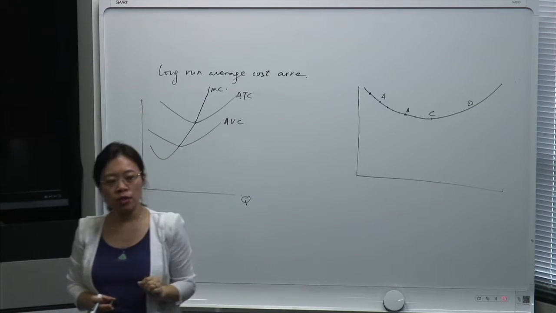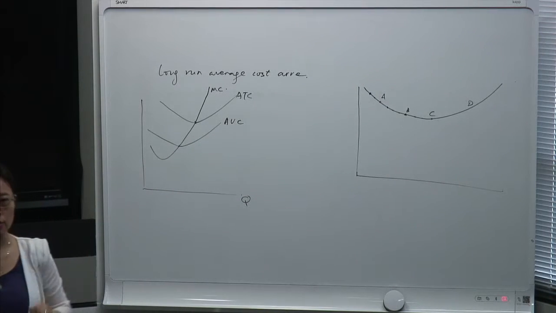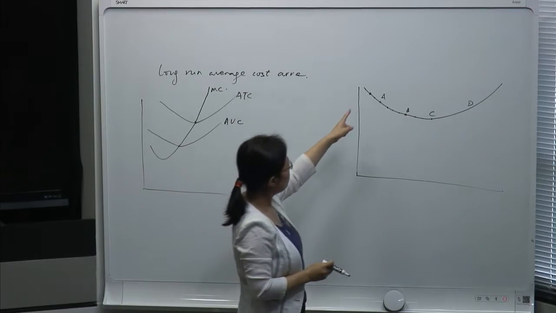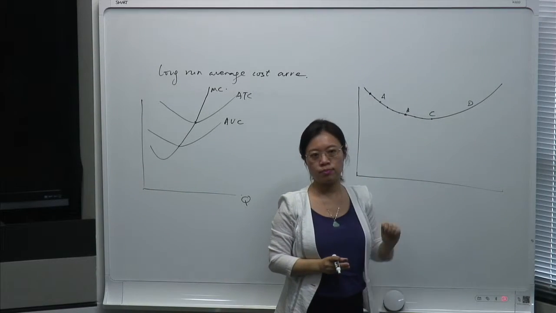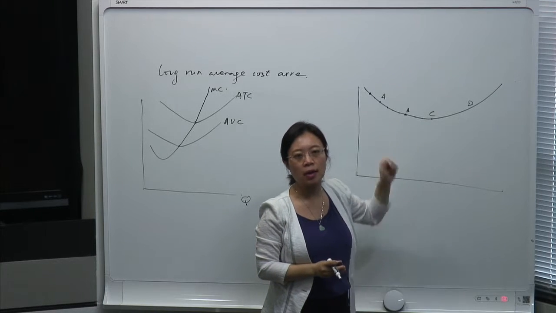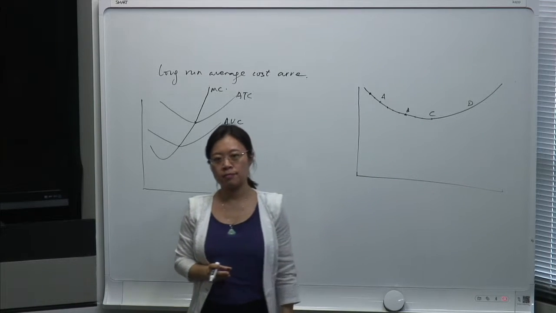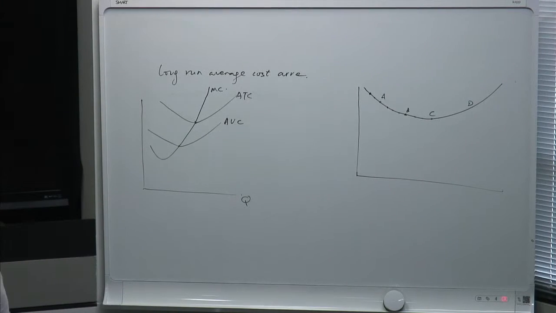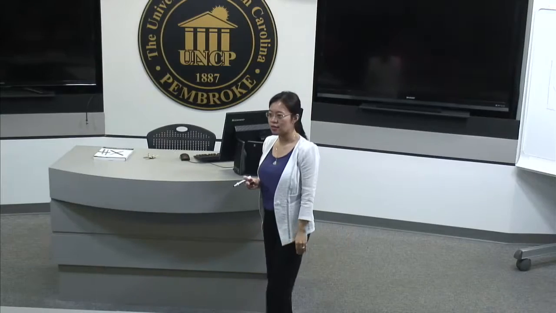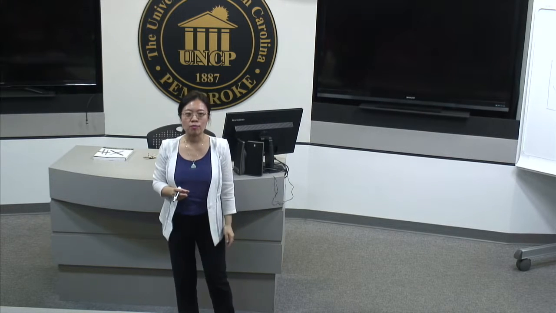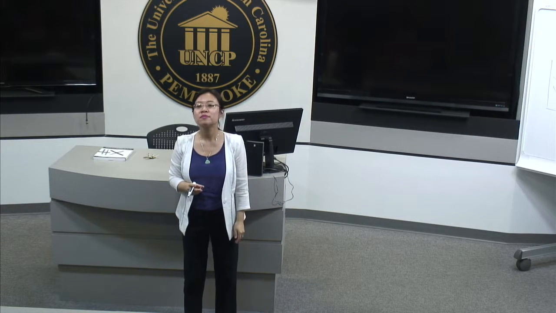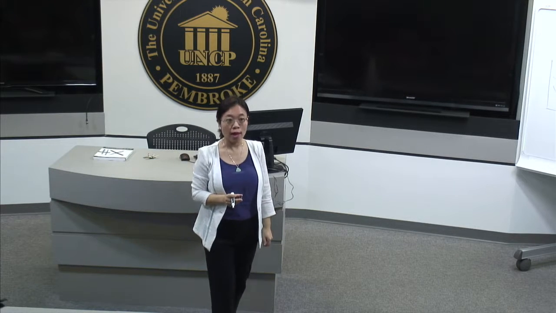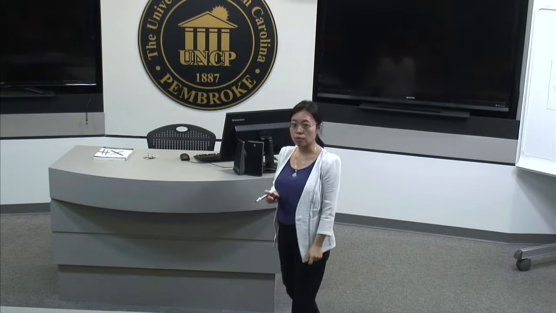If you're the firm's owner, or a business owner, your goal is to determine which scale to choose, which is your optimal scale. Okay, I'm going to review the answer in a few minutes, but I want to give you a chance to guess which one you think is the optimal scale. C. That's a good guess. Okay, I'm going to show you why C is our optimal scale.